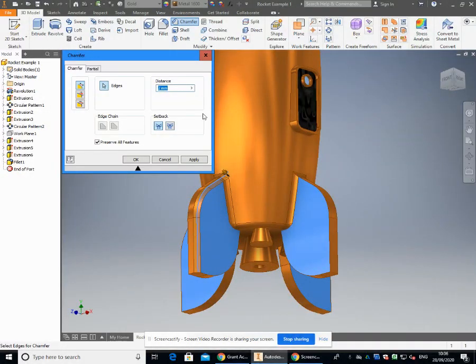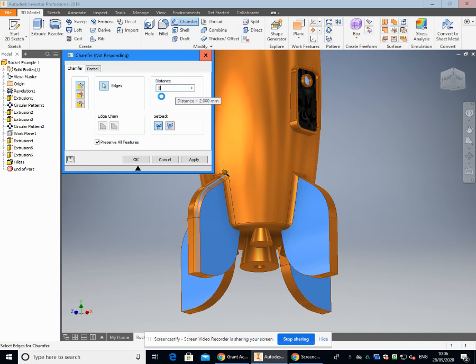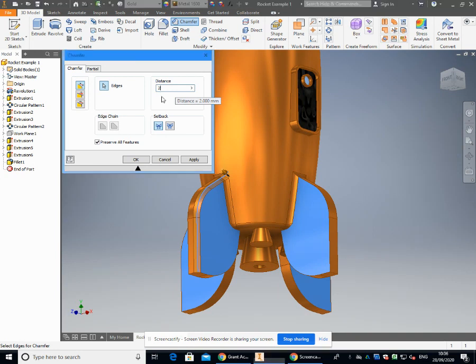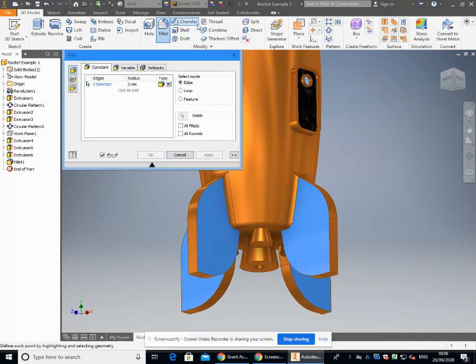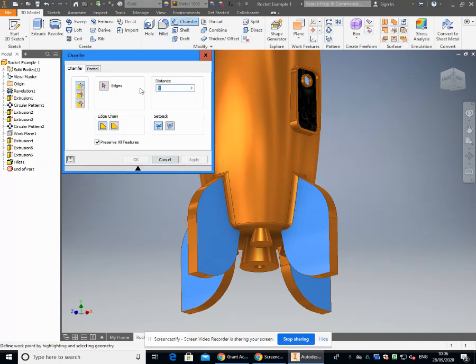Now, if I wanted it to come to a point at the top, what I could do is put in the distance there as 2.5, because we had specified the width of the fins to be 5 millimeters. Now we'll just see how this computer gets on because it's running awfully slow. Just try that again. So we'll try that 2.5, and if we do that with this edge here and this edge here,